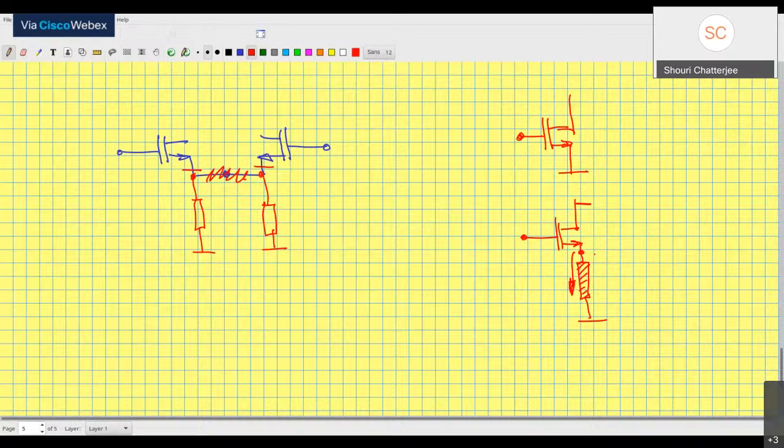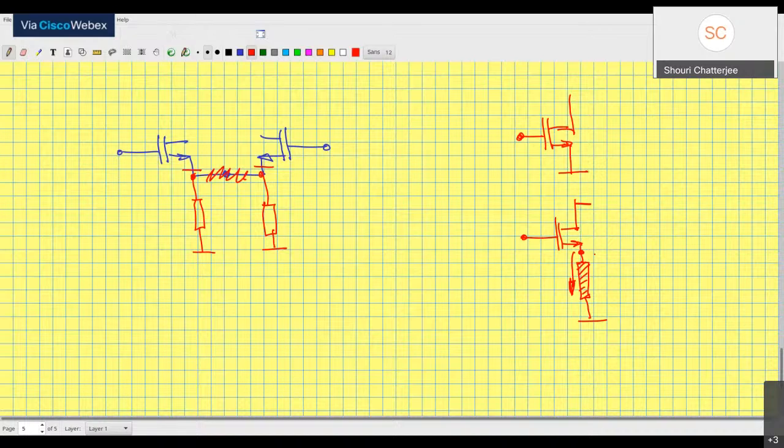Remember, the inductor has the property that at DC, the voltage across the inductor is zero. It's a short circuit at DC. But at high frequencies, it's like an open circuit. So we use that property of the inductor and place an inductor over there instead of a current source, because the current source doesn't work at high frequencies. RF frequencies, right? So you can't really operate the current source at those frequencies. So therefore, we sometimes use an inductor over there. So feel free to do that.